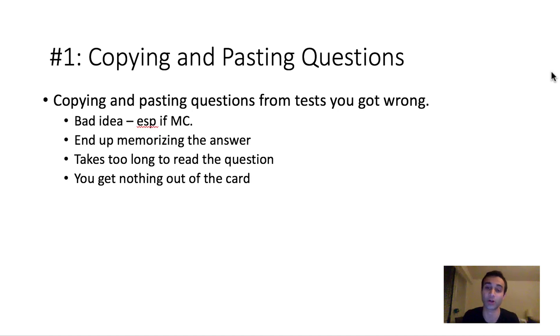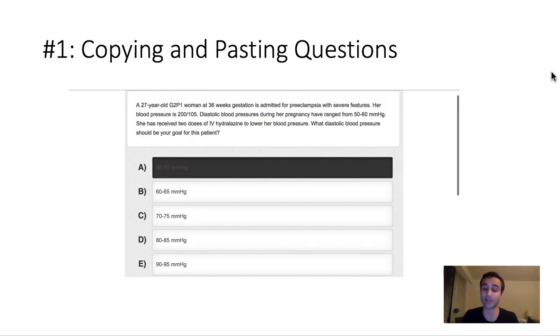So for example, here's a flashcard I have on Anki, and I literally took a screenshot of a question I got wrong on a test, and I pasted it in, and I made one side this question, and the back side was the answer. And the answer here is E. But what I saw after I did this question over and over again, and I've been doing this question for years now, is I actually memorized the first 4 words, and I memorized the answer was E. And that's all I ever got out of it.